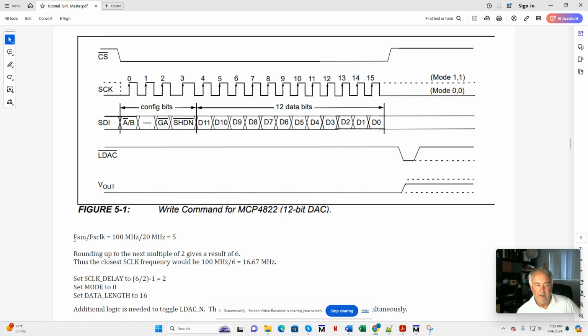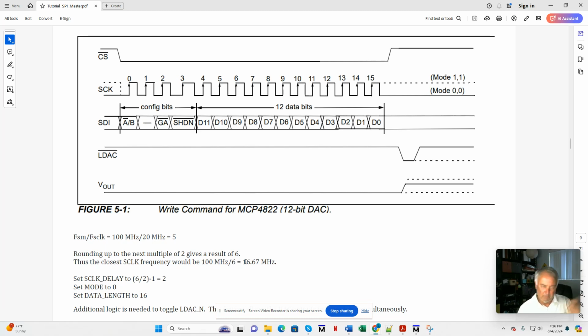Well, the frequency of the state machine divided by the frequency of S clock is 5. Okay, so we've got to run it at 1/5 of the state machine frequency. Now, the way I've set up the logic, I can only handle multiples of 2. So the next multiple of 2 above 5 is 6. And the closest S clock frequency would then be, instead of 20 megahertz, it's going to be 100 megahertz divided